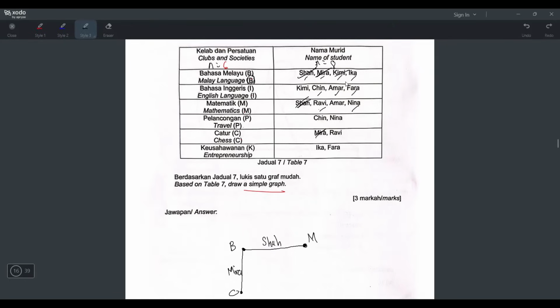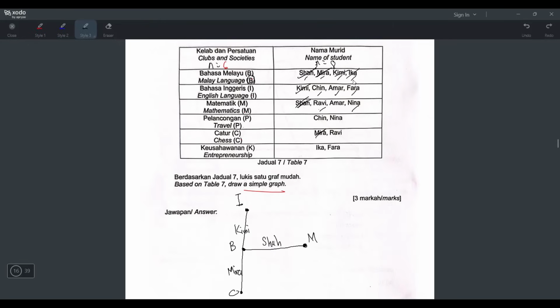Okay, so potong. Next one is Kimi. Kimi is B for BM, and dia also suka I for English. So from B join to I. So I will just draw up this time, and the dot have to use to write the subject ataupun the club I English, and then the line here you write the name Kimi,